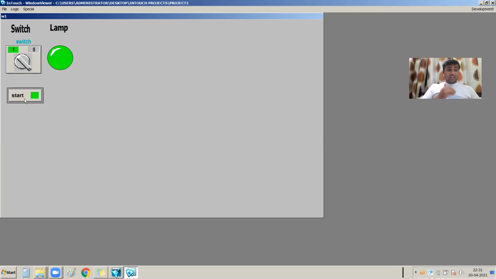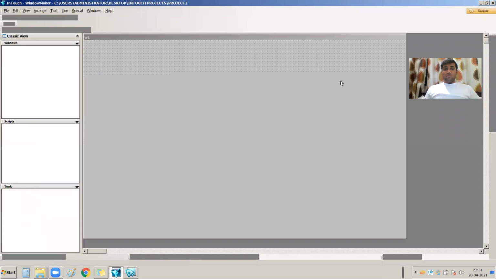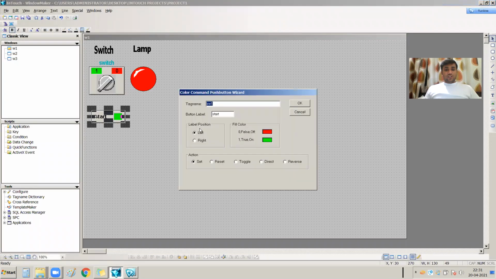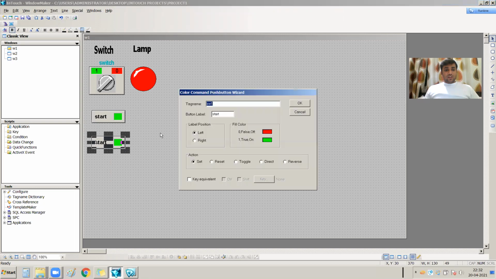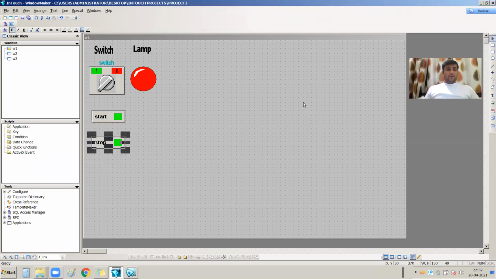I have to create another button for resetting. So if I go to the development, for example, I duplicate this button, and I change the label of this button to stop. I am not changing my sw1 tag because I have to reset that tag by this button. So I am selecting the reset action. If I press OK,